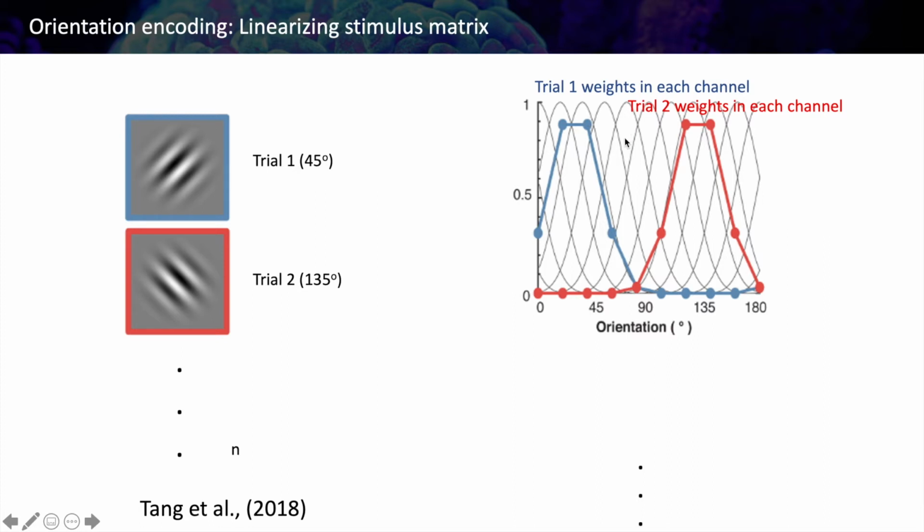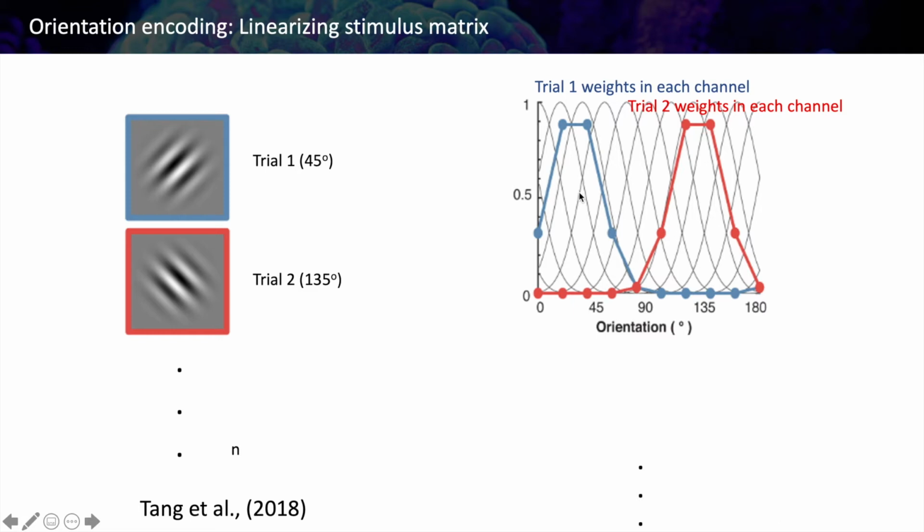theoretical channels, these channels are not created in an arbitrary way. We know that in visual cortex there are some units that are tuned to different orientations. So that's why we have created this. We want to know how much, hypothetically, each grating will activate each one of these possible neural populations, okay?